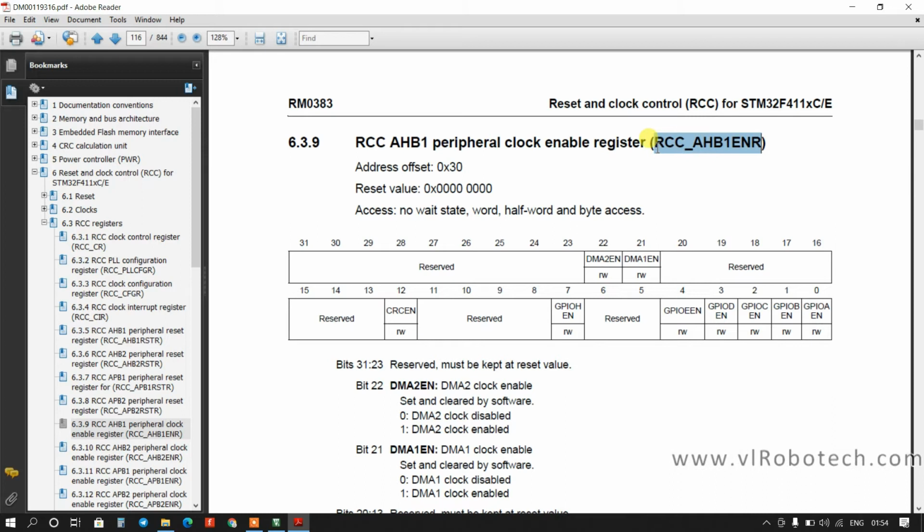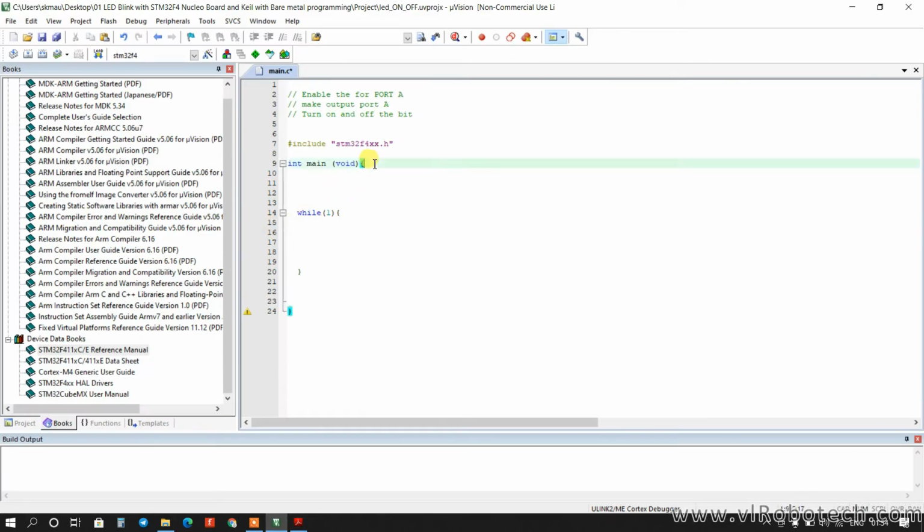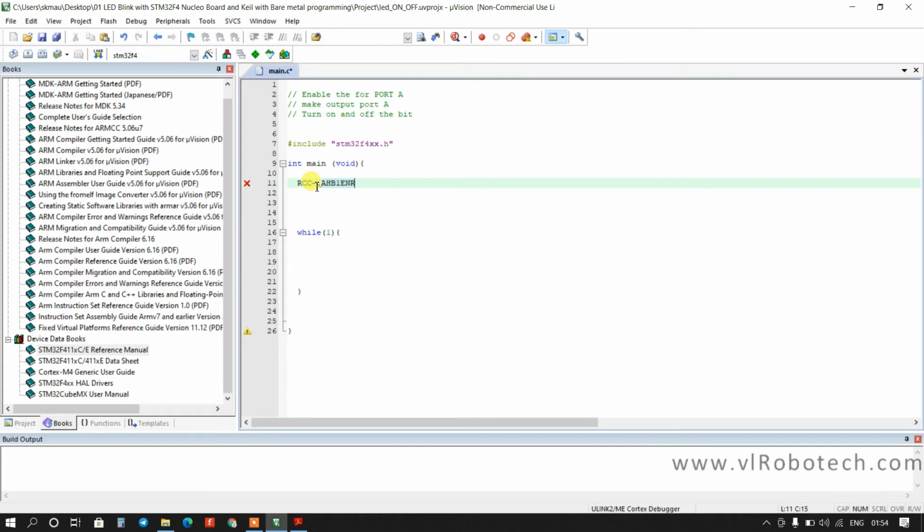So I will copy this and here RCC arrow AHB1ENR assign 0x00000001. It can also be in binary form like 0b followed by zeros and a 1.